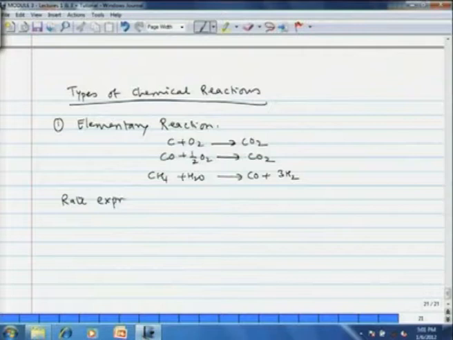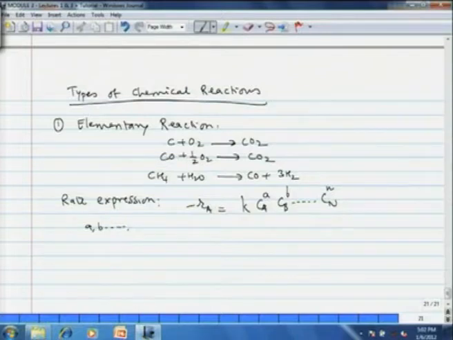The rate with respect to A is the reaction rate constant K, times Ca, the concentration of A raised to small a, which is the order with respect to A, times Cb, the concentration of B raised to small b, which is the order with respect to reactant B, and if you have n reactants, then Cn raised to n, where a, b, n are orders of reaction